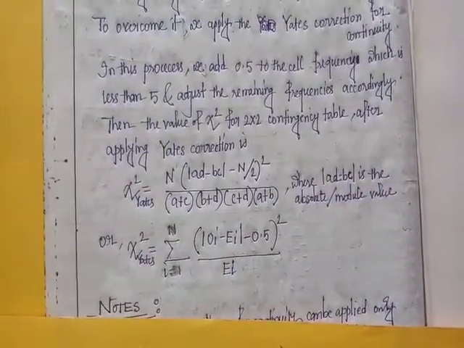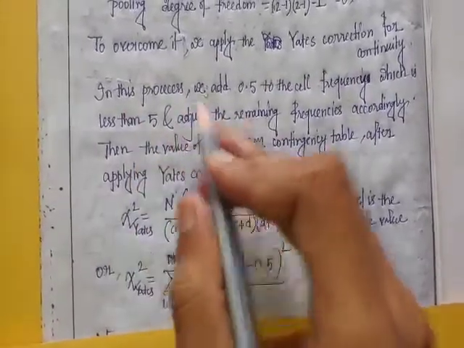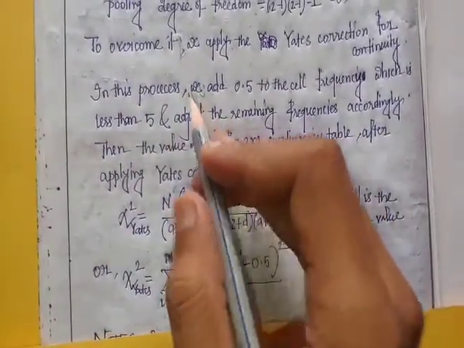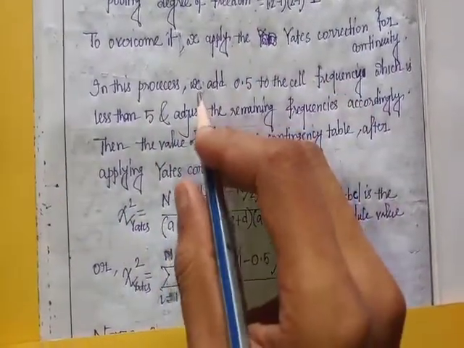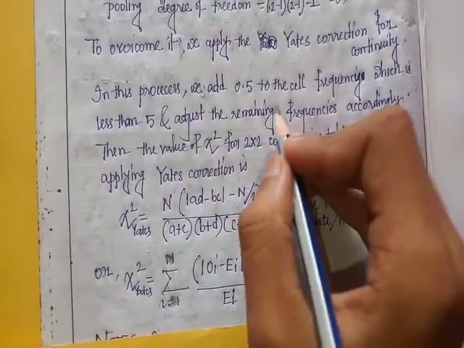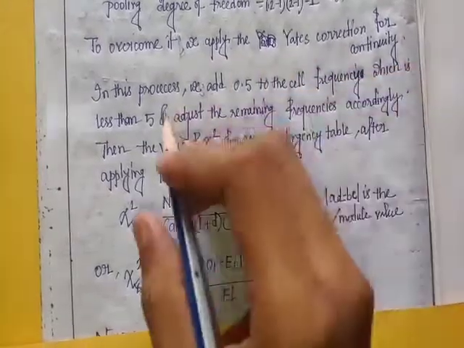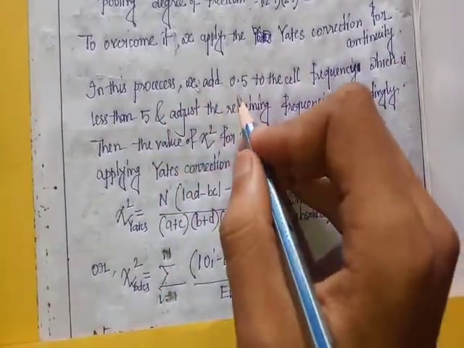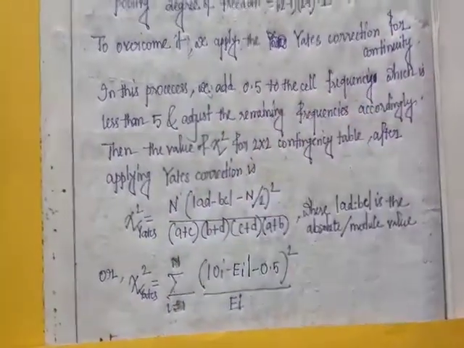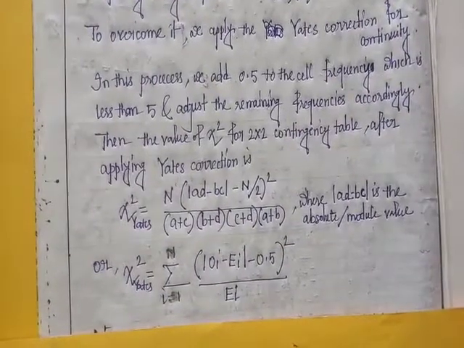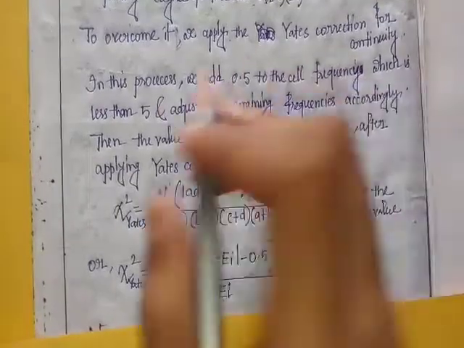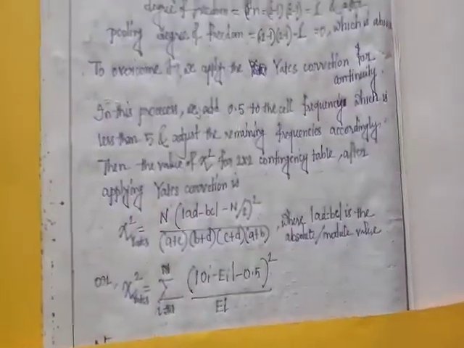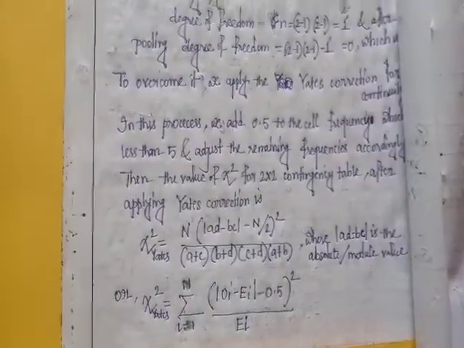I repeat, in this process, using Yates correction, we add 0.5 to the cell frequency which is less than 5 and adjust the remaining cell frequencies accordingly. Okay. For example, let